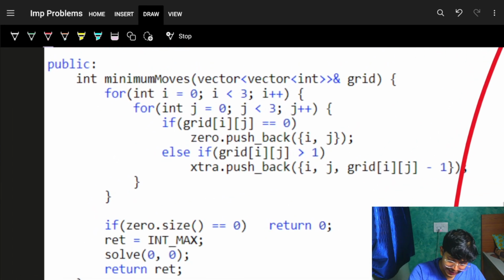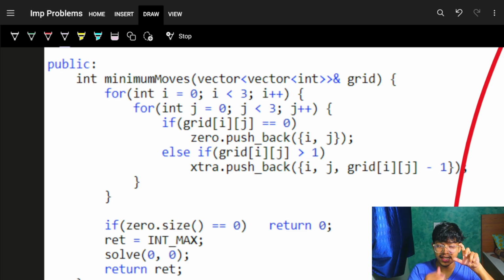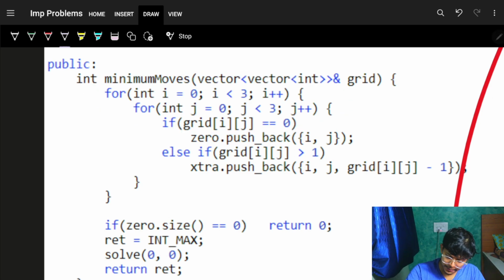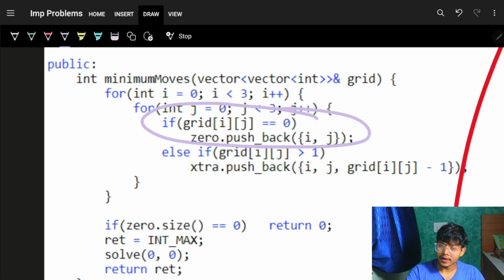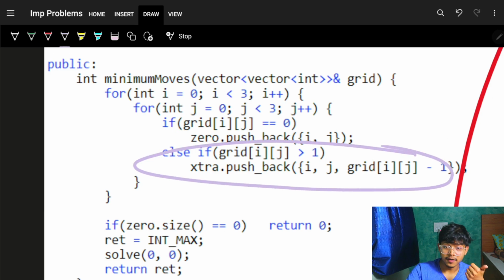As I showed you, I will need to have a pre-computation of my 0 cells, and when I say 0, I actually mean the coordinates also, and also the extra cells. And when I say extra cells, I need the coordinates plus the actual value which I can deliver to my 0 cells, because one extra cell can have a value 4, which means it can deliver 3 extra ones. So I'll just go over the entire grid of 3 cross 3. I'll say, okay, if it's a 0 value, so it's a 0 cell, push the coordinates in my 0 vector. Else, if it's a 1 value,